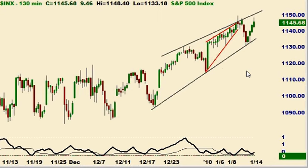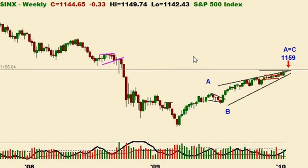Here's the S&P cash, also on a 130-minute chart, and you can see the non-confirmation. And additionally, you can see that it's also following that similar wedge rally pattern. And again, this is coming out of a congestion, and we had targeted the 1150, 1160 area out of that congestion, so we are very, very close to that area. And I'll talk a little bit more about that in the charts coming up here, in particular the S&P cash